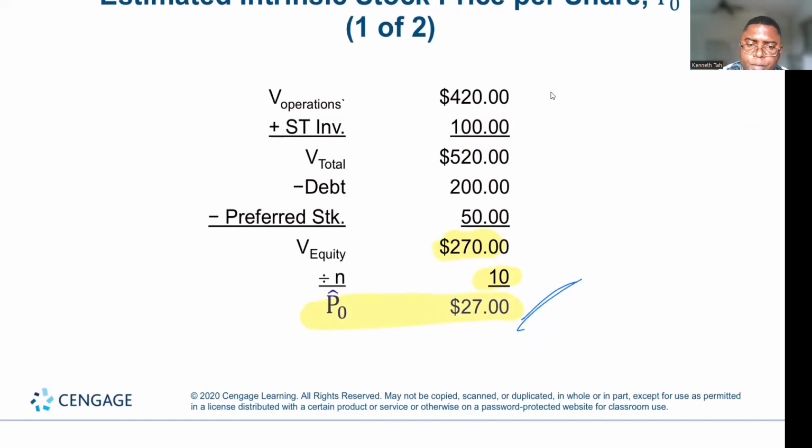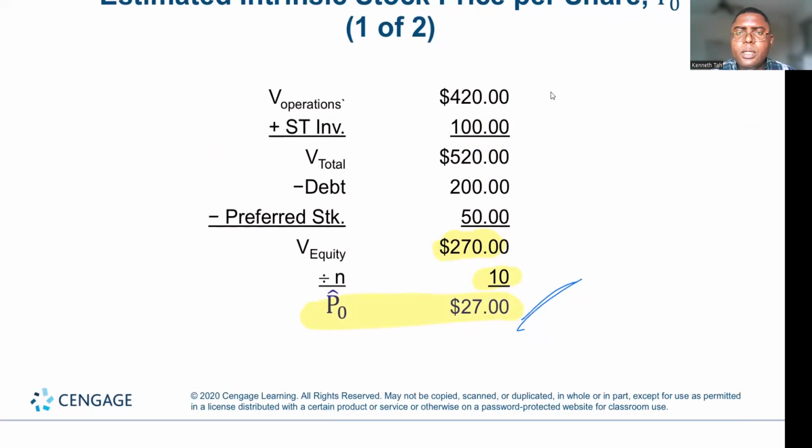Once we have the value of equity, we divide it by the number of shares outstanding. That is going to give us the price. So given what we know about this company, if I was to buy this company, I would buy it for $27. So $27 per share is a fair representation of the company. So that is the case for which